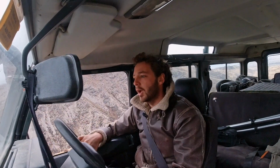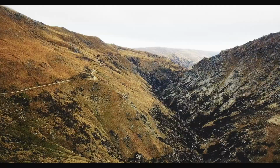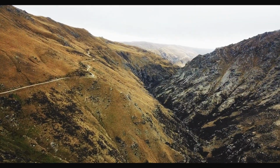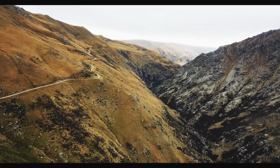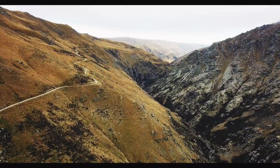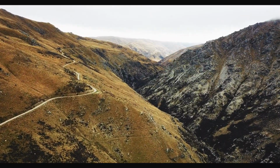This is actually another perfect example of how spectacular New Zealand is. Awesome mountain ranges out here. We just saw some goats as well. They were cool, but they're a bit far away for the cameras to be able to grab them. Awesome little gully down through there. Amazing gorge. And this low-hanging cloud, which is adding quite the moody effect to everything, which is very